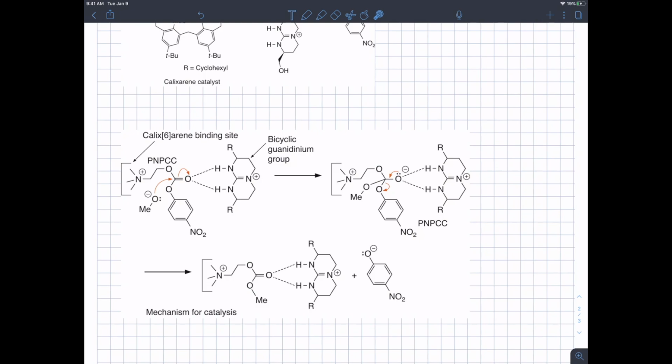So they found that you could accelerate the methanolysis of this paranitrophenyl carbonate using methoxide by having this artificial catalyst with the guanidinium group coordinating and hydrogen bonding with the oxygen, stabilizing the negative charge in the tetrahedral intermediate. They could accelerate that process by about 150-fold,